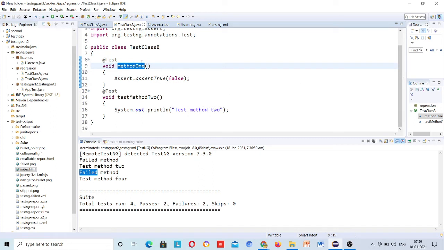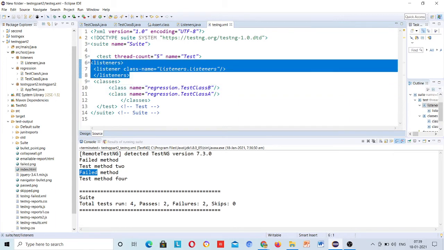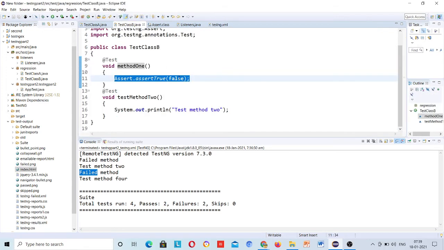So it came here, assert true. Okay, it failed. When it failed, it directly jumped to listeners, because listeners are now understandable by the testng file when I have added these lines. Now it says that whenever anything fails, I will jump to this listeners.